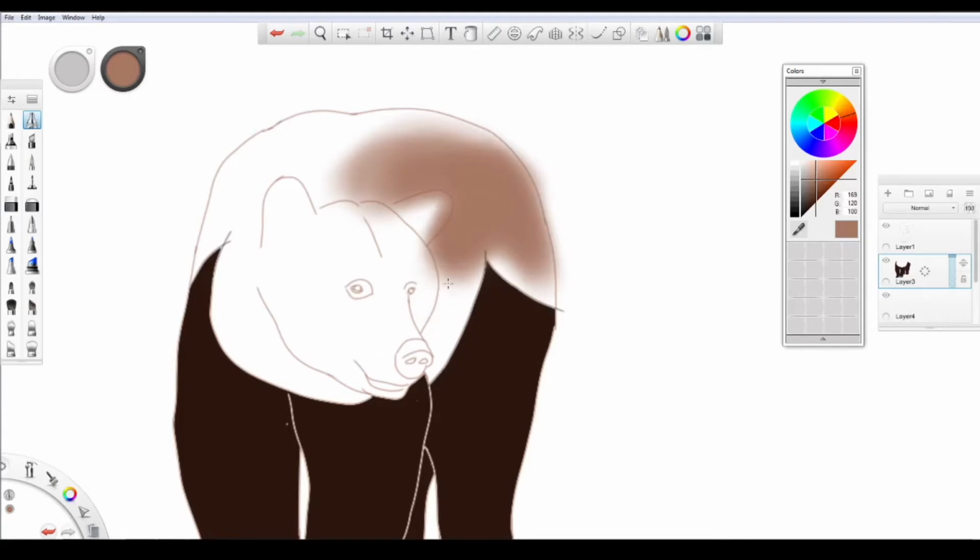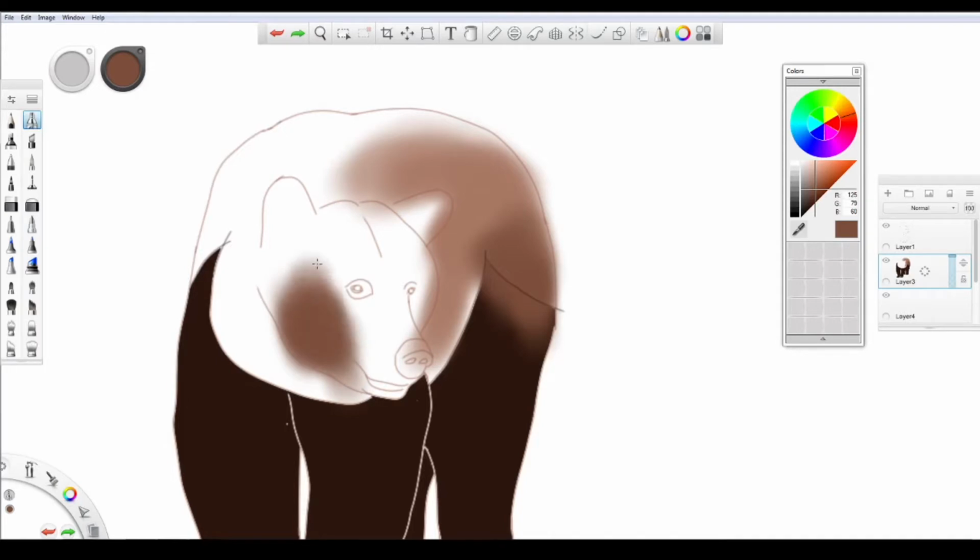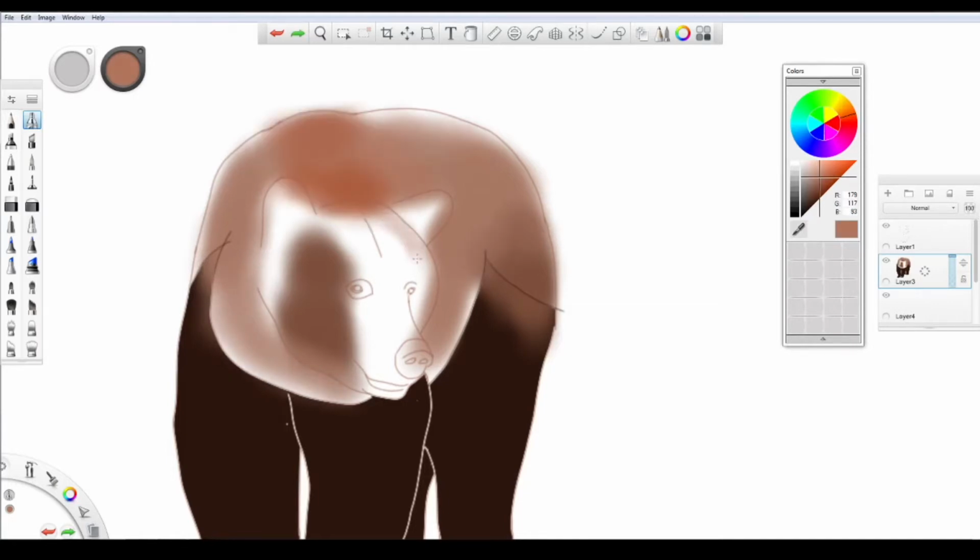It's just the base, so rough shading will work. It is very easy to mix two shades using this tool. On the face, I'm using a small airbrush to cover small parts. It is important to observe the reference picture. You may see the hair of the bear in a light color and the skin under it may be dark. In that case, you have to make the base color dark.